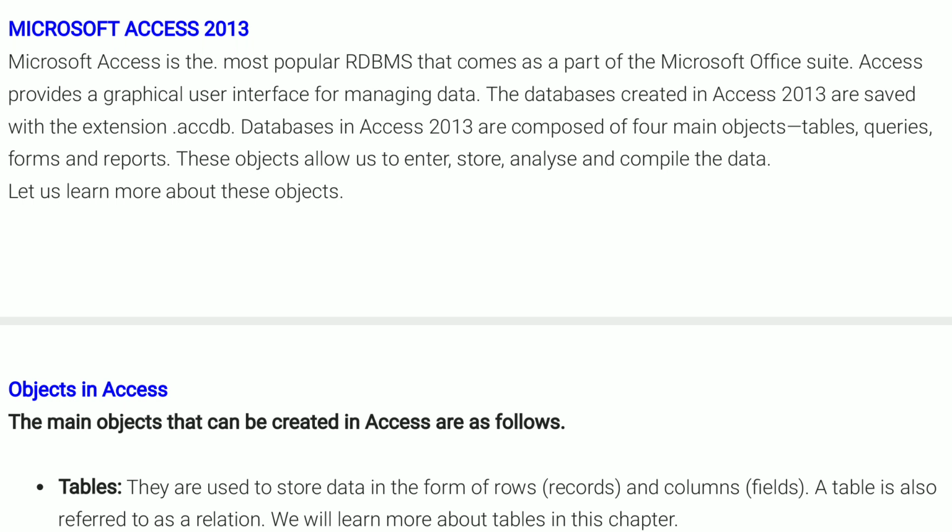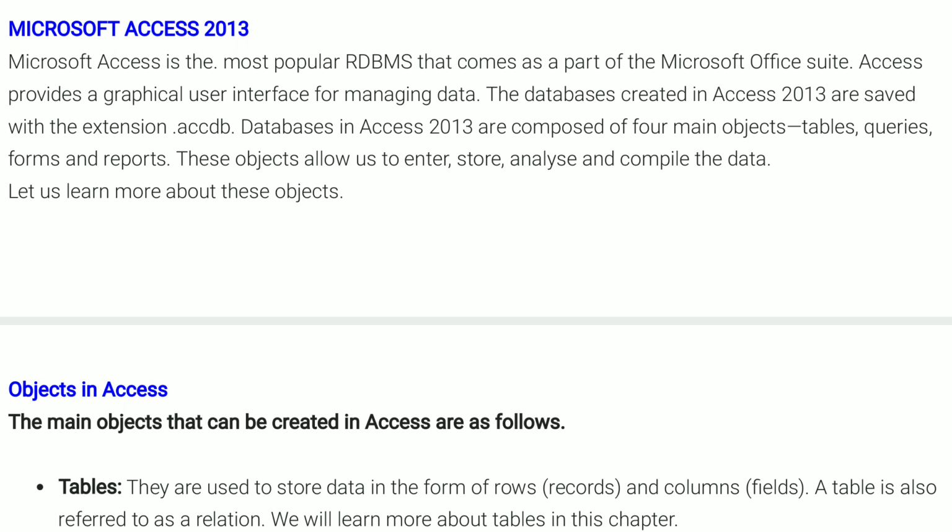Microsoft Access application provides a set of objects. Databases in Access 2013 are composed of four main objects. These are the prime objects of a database in Access. These are tables, queries, forms, and reports.